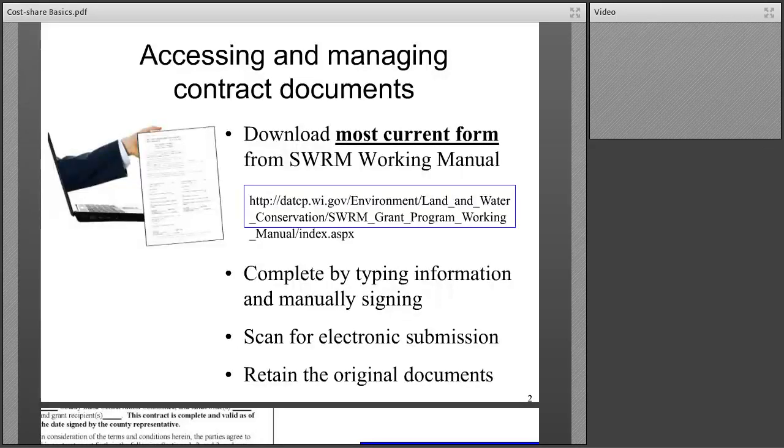When cost sharing a project with DAT/CAP funds, use the most current DAT/CAP forms, which can be downloaded from the web address listed on this slide. Use Microsoft Word to fill in the details of a cost share contract. Do not handwrite this information. After a contract is signed, scan it for electronic submission to DAT/CAP and retain the original during the maintenance period